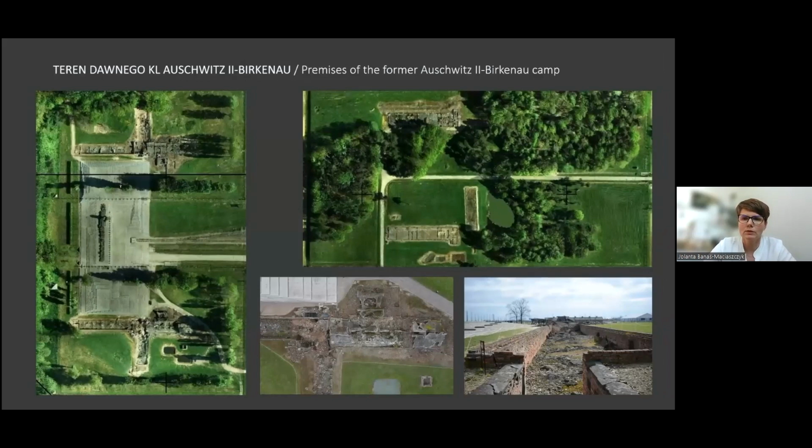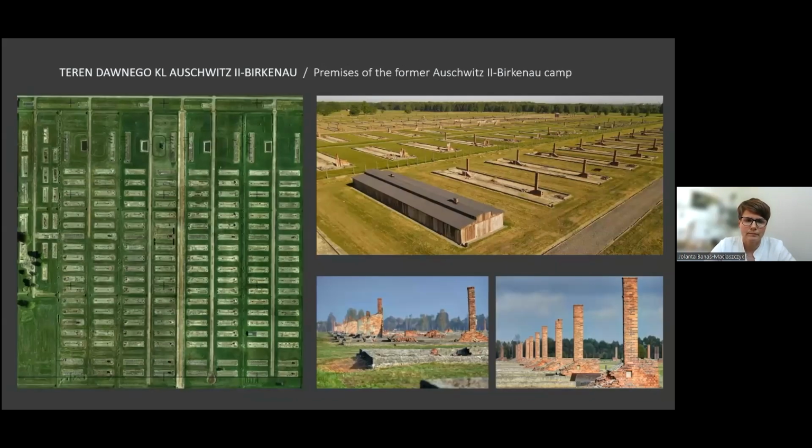Obviously, the most important sites connected to the process of mass murder are the gas chambers and crematoria. These are ruins in Birkenau. The ruins of 4 such sites have been preserved. A very important element in this landscape are also relics of the non-extant wooden barracks. Their presence is proof of the scale of the former camp, where just in B1 section, nearly 200 wooden buildings were built.